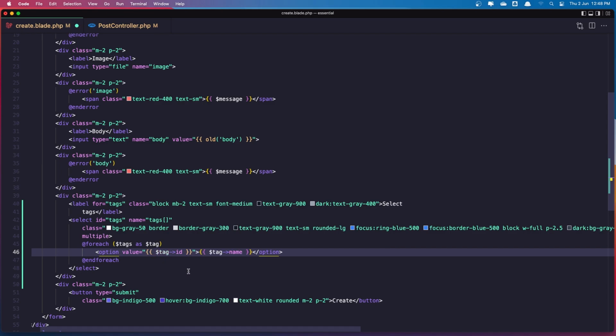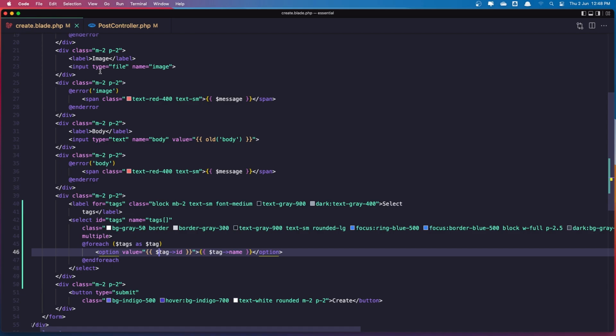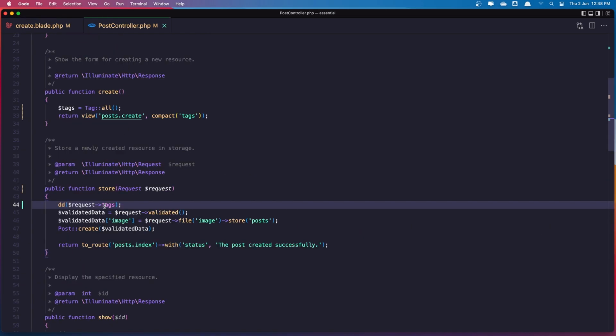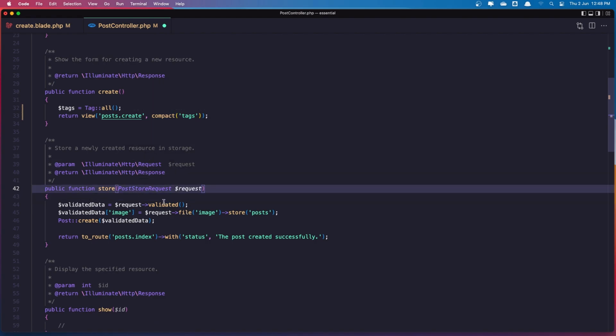Sorry for that. Refresh, and let's select now. And right now we have the IDs. So ID 1 and ID 2. We have an array with IDs. Good. Let's go to the post controller and remove the die and dump, and also add the post store here